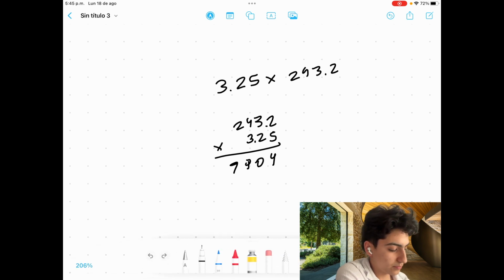So for example, we have in here 1, and then we have here 1, 2. In total we have 3. So in this case we're gonna have 3 decimal places on this result. So that will be 1, 2, 3, boom. So then the answer is 7 point